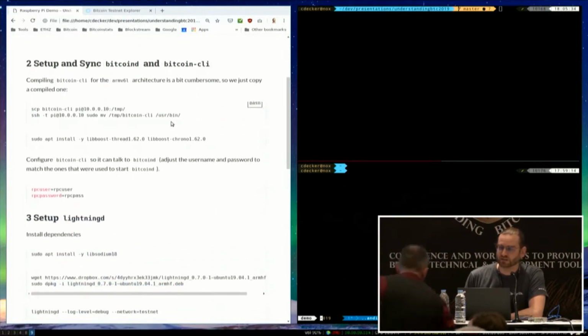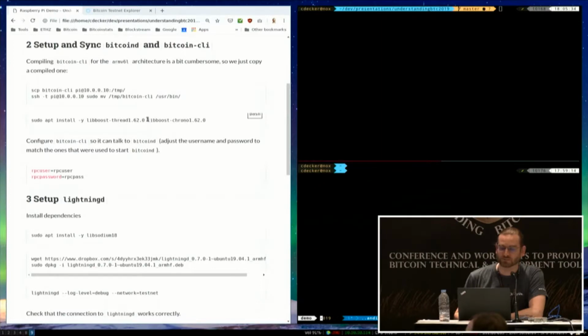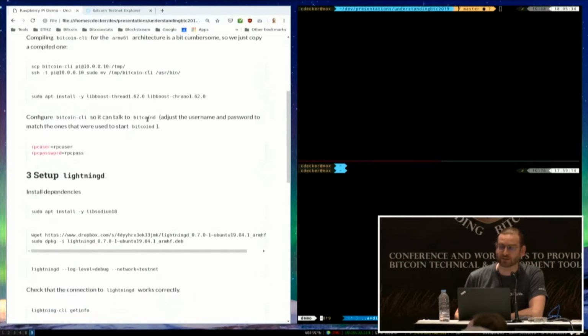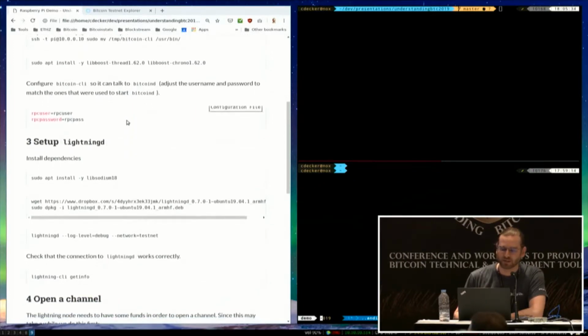So the first step that is actually needed is to set up Bitcoin-D and Bitcoin CLI. And since Alekos did a very excellent job at explaining how to do this, I thought I might actually skip this. And it also takes loads of time to synchronize a Bitcoin node. So I did that ahead of time, so you guys wouldn't have to wait 19 hours before proceeding. So what I did is basically I have this